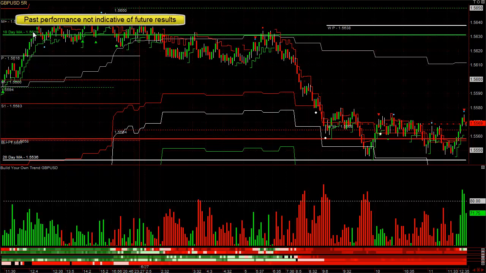It also had a false breakout last night above the 10-day moving average and came back down underneath it. It's also underneath the weekly pivot, which is the average price of last week. Here's the previous day's high up there. It wasn't able to break out above that either. All signs of weakness. And basically look for